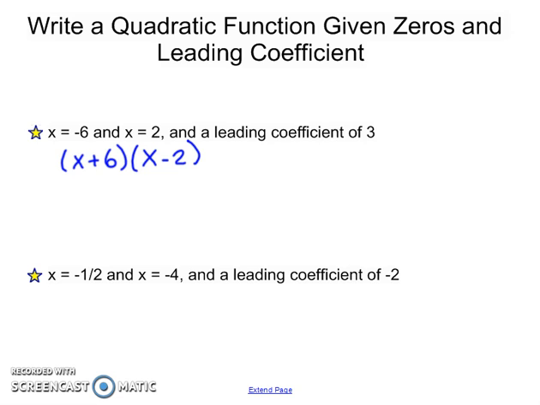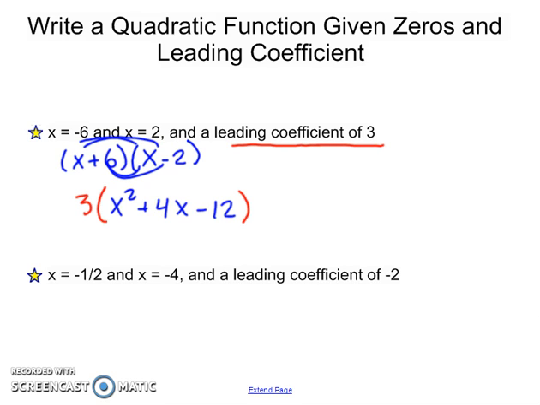Okay, so let's FOIL this together. So we're going to end up with x squared minus 2x plus 6x. So that's plus positive 4x. And then minus 12. But it tells us that there's a leading coefficient of 3. So that means there has to be a 3 in front of the entire function that we need to distribute in. So our final answer for this is going to be f of x equals 3x squared